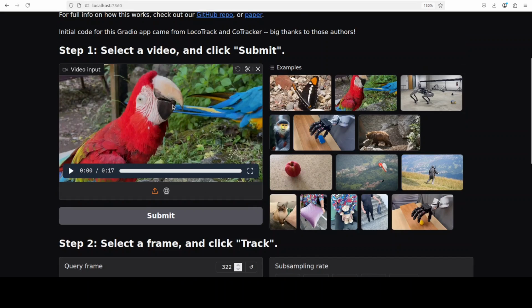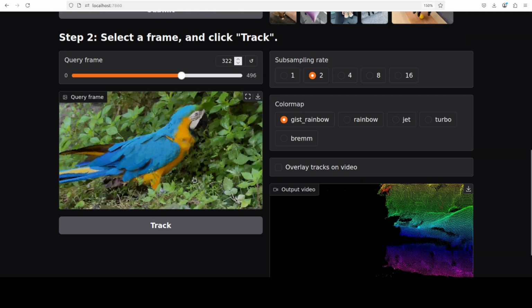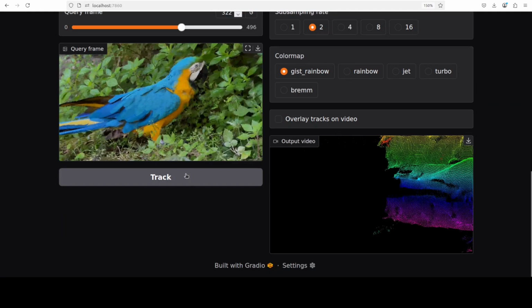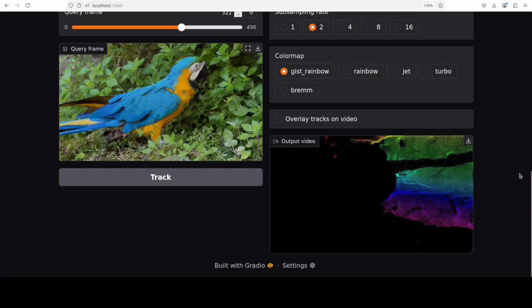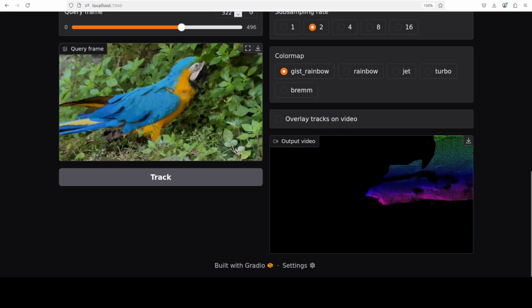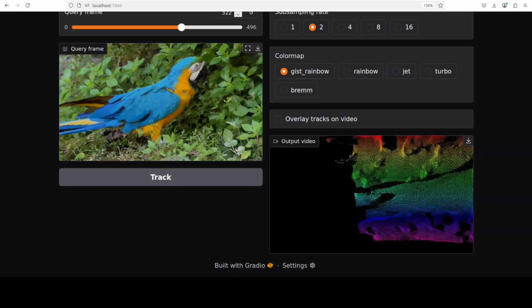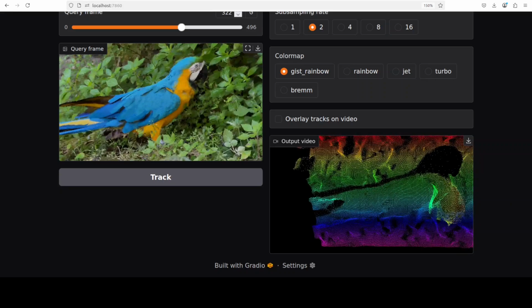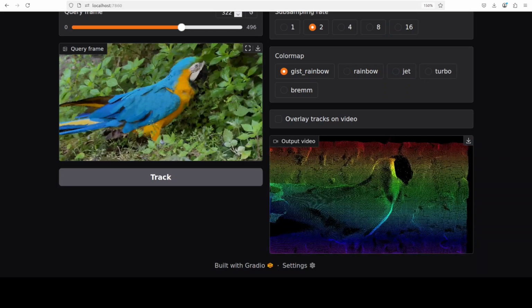This is a video which I have selected from their samples, and then I have selected a frame from this video, and when you click on track, it tracks this point like this, as you can see in the output video. Imagine watching a video of a soccer game and wanting to follow the exact path of the ball throughout